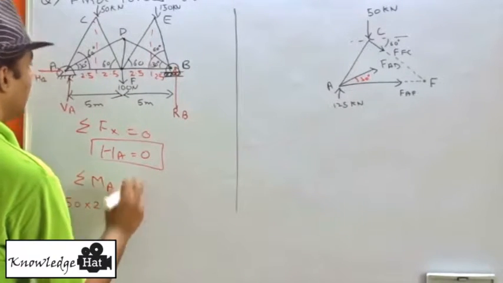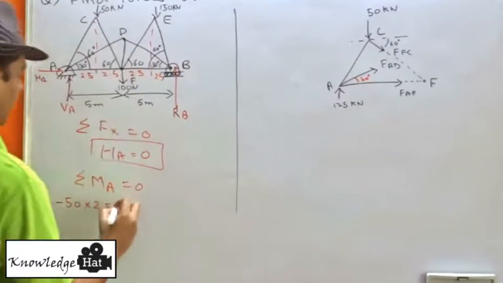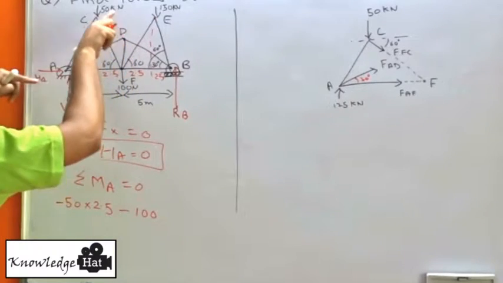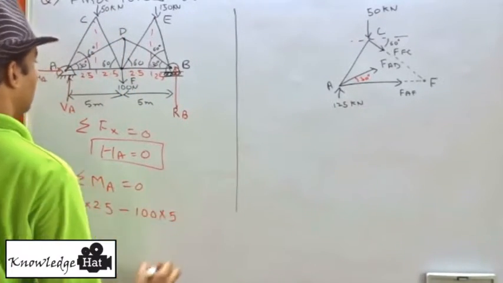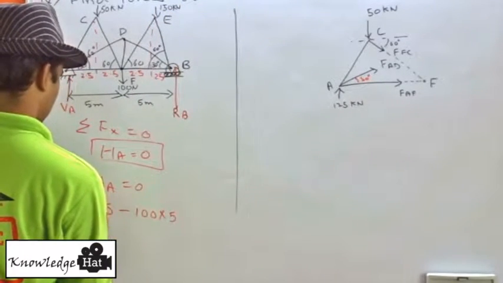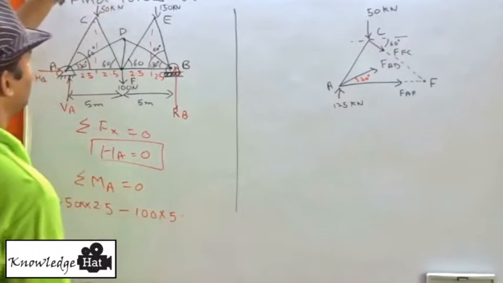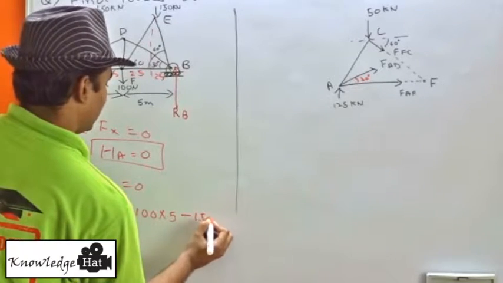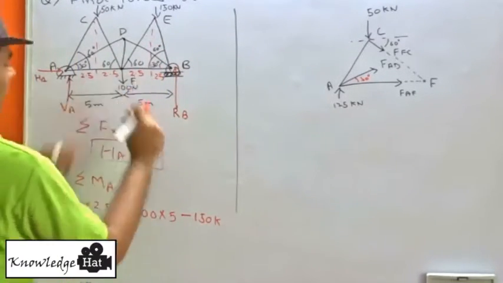Then next would be a force F, which is of 100 kilonewtons, and it will also cause a moment in anti-clockwise direction at a distance of 5 meters. The next is this force. This will again cause a moment in anti-clockwise direction, so this will also be negative, minus 150 kilonewtons at a distance of 5 plus 2.5,